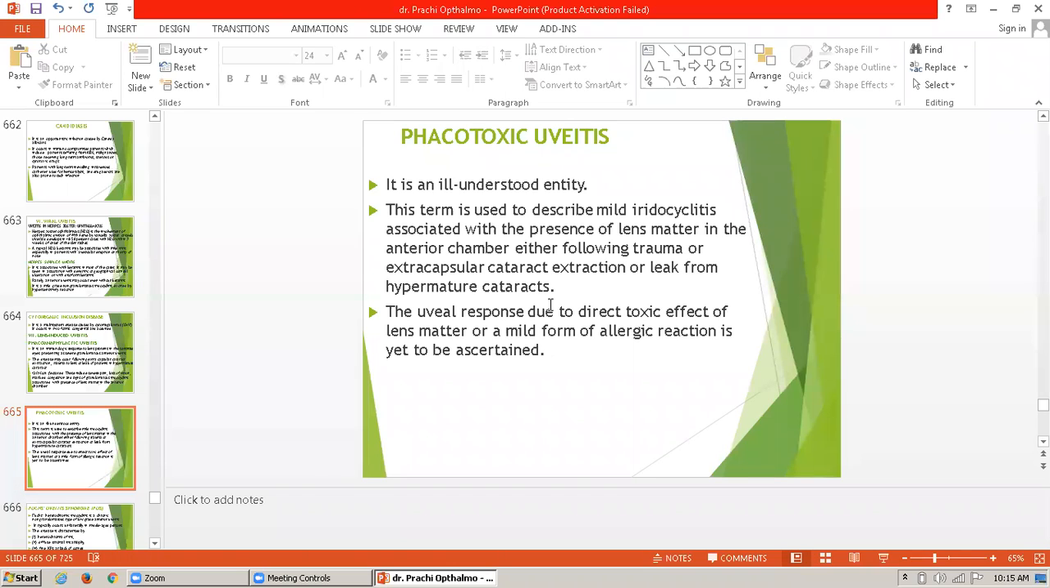The uveal response, due to direct toxic effect of lens matter or a mild form of allergic reaction, is yet to be ascertained. So the phacotoxic uveitis shows